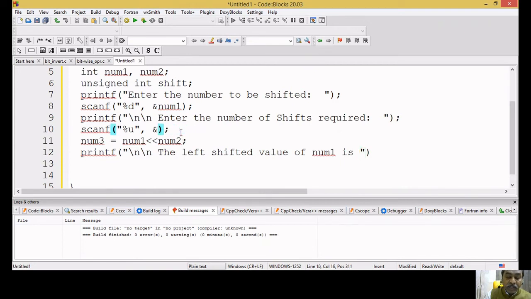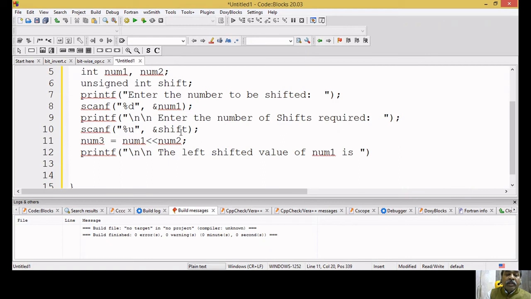We are taking the variable shift, not num2, both in printf and scanf, right?